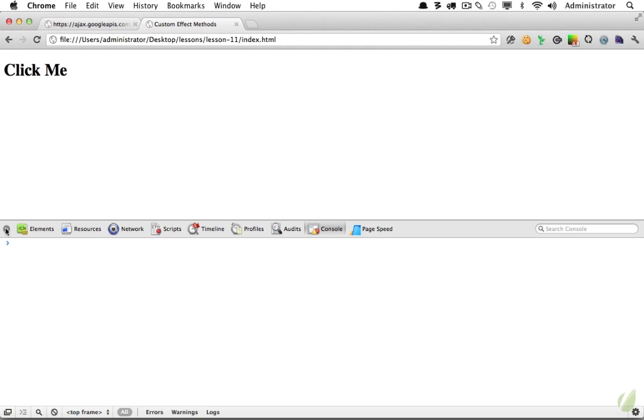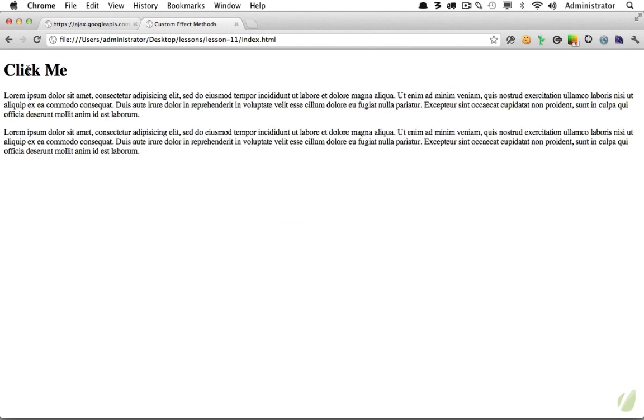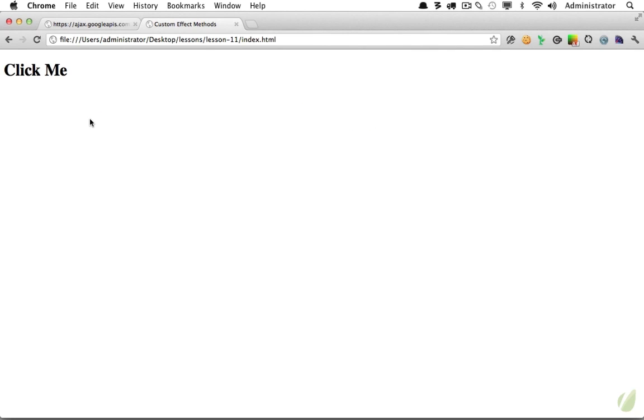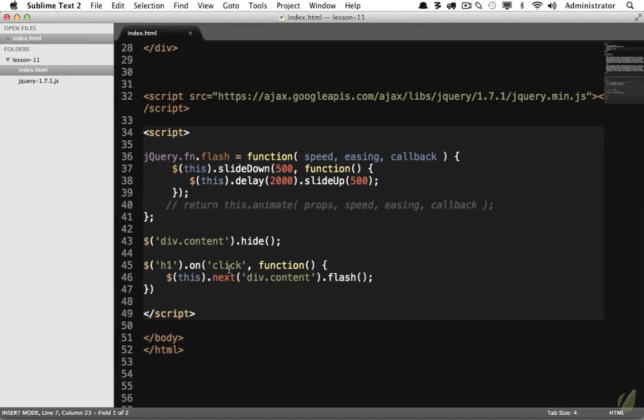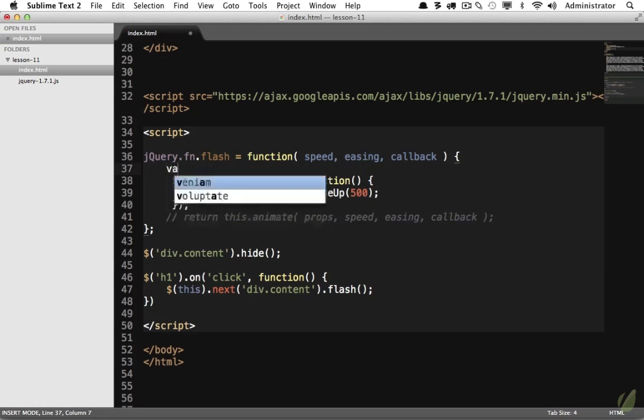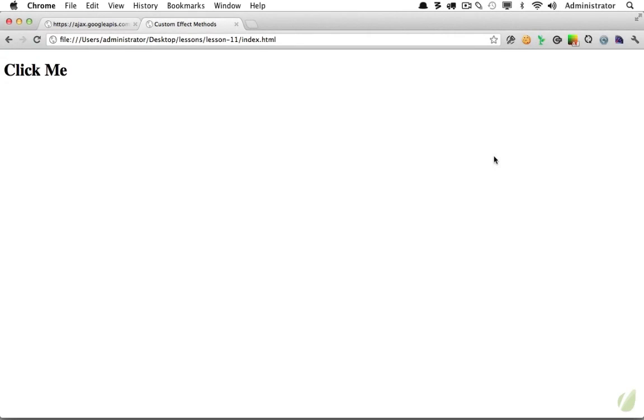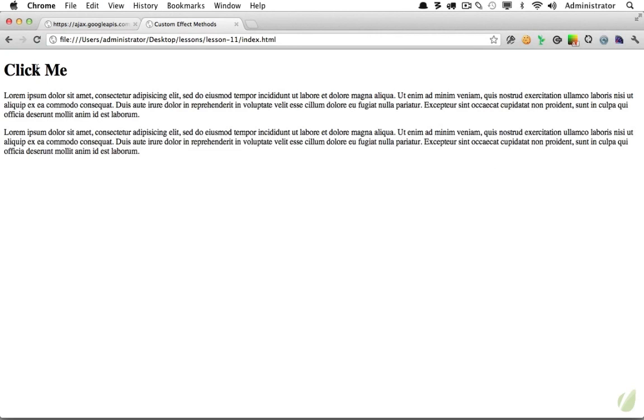One more time, close this out. We click it. It slides down, it waits a couple seconds, then it slides back up. And that's our own custom method. So the final step is to clean things up a touch. In this case, because this is referring to the same thing, we can cache that. var that equals this. And then once again, we get rid of those parentheses, like so. Let's make sure it's working. Click it, slides down,